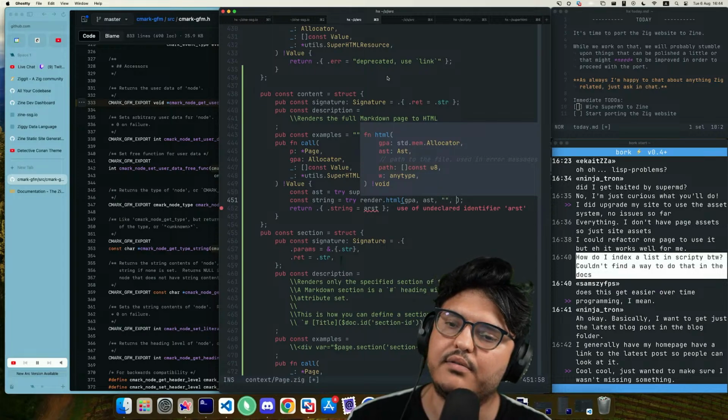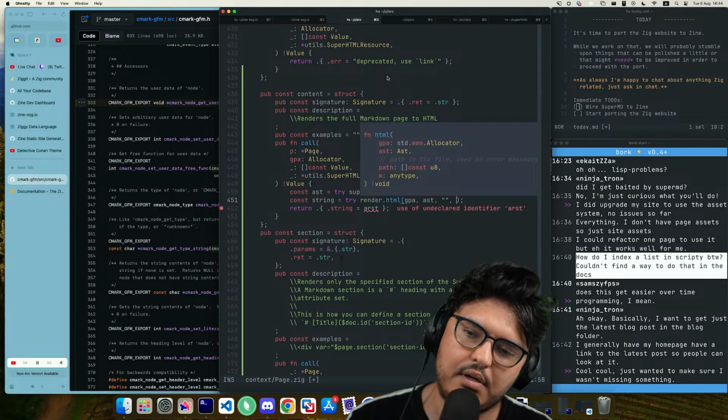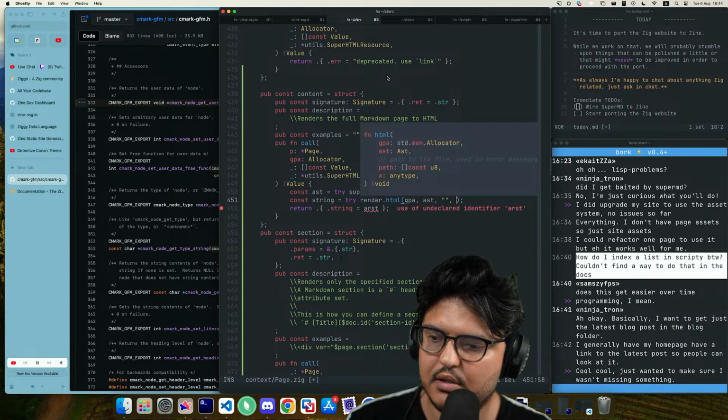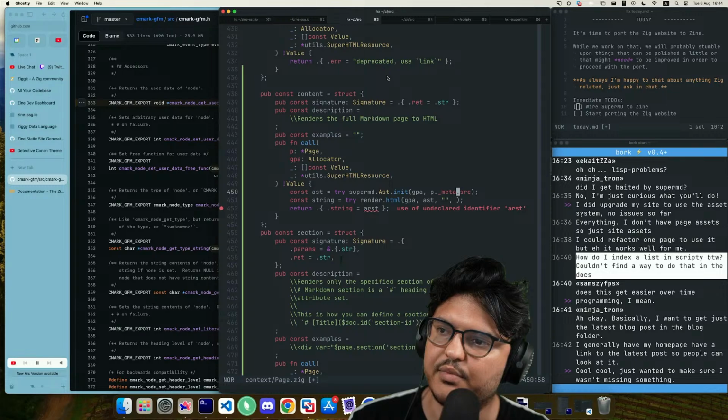And then we need the writer. In our case, we're not pumping anything directly anywhere, but we need to buffer this into a string. So our writer will have to be an array list writer.